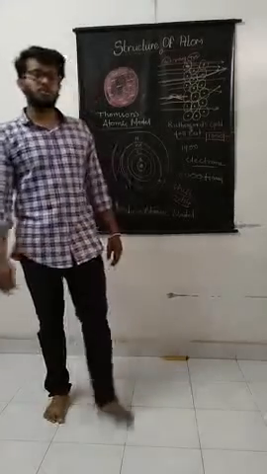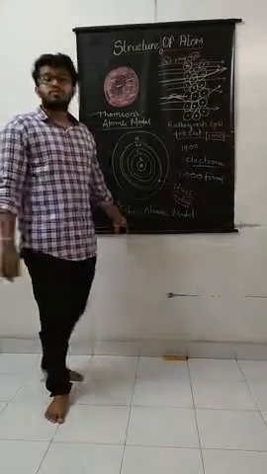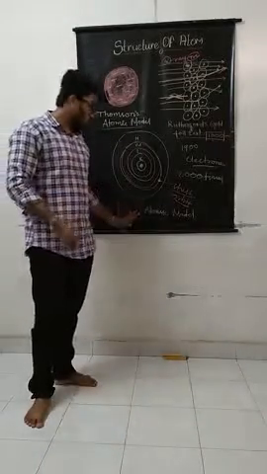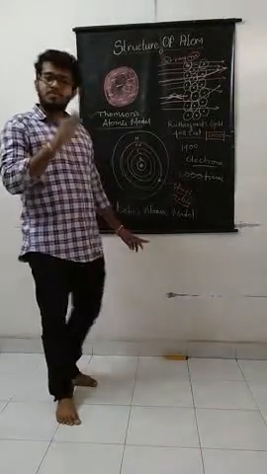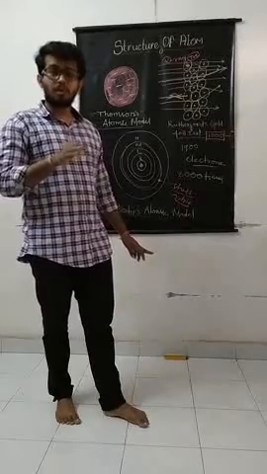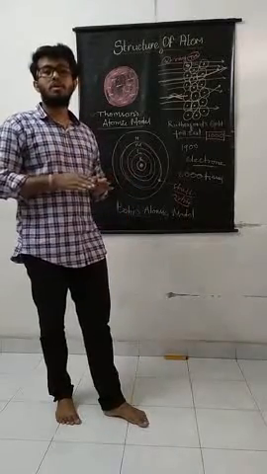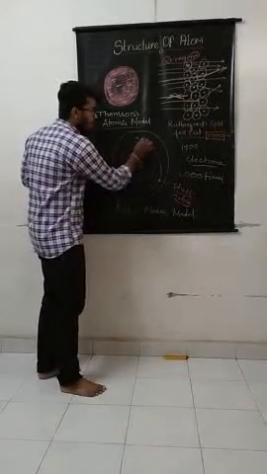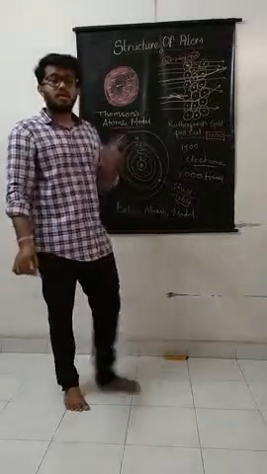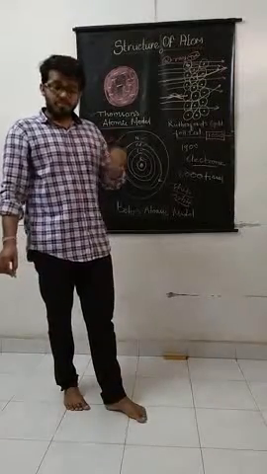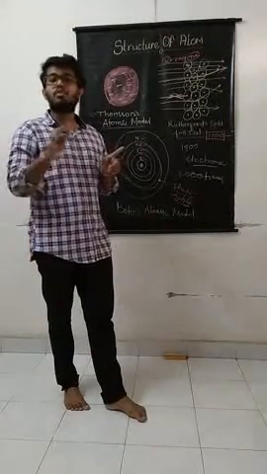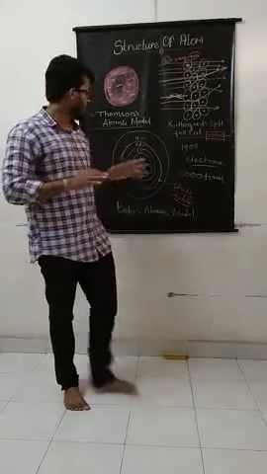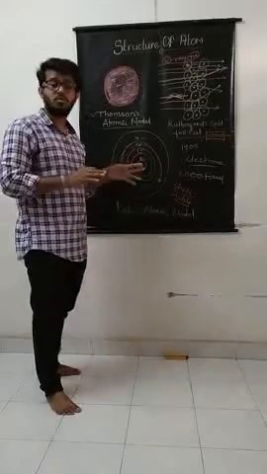To the Rutherford model, Niels Bohr gave some postulates. According to Bohr, the electrons are revolving around the nucleus in particular orbits or shells, named the K shell, L shell, M shell, N shell, where the electrons revolve around the nucleus but do not lose any energy. That's why they can easily revolve around the nucleus.